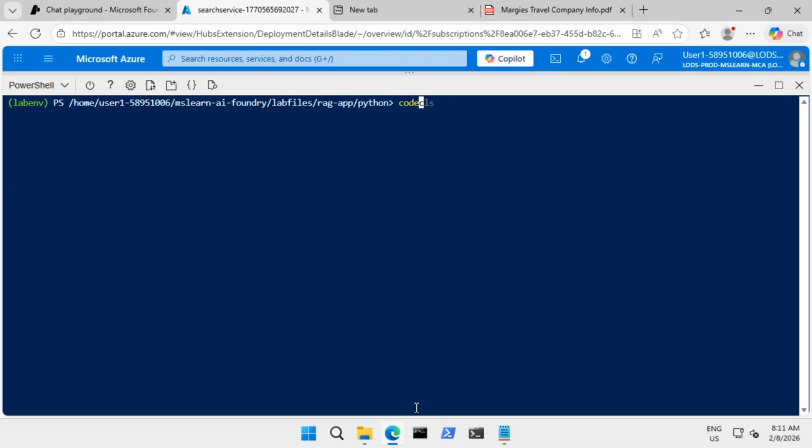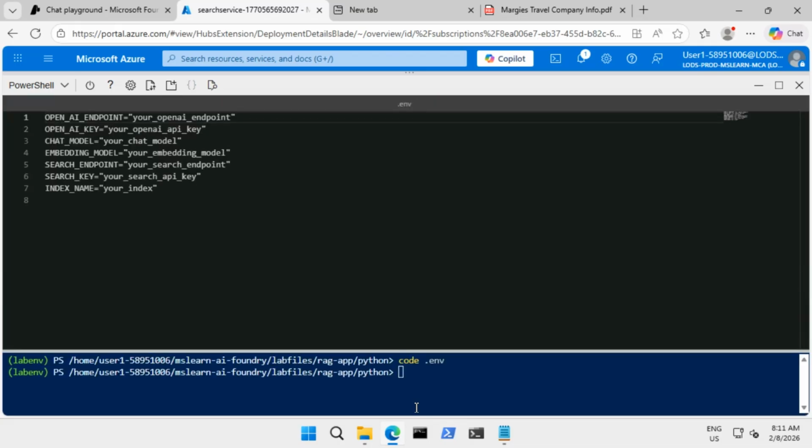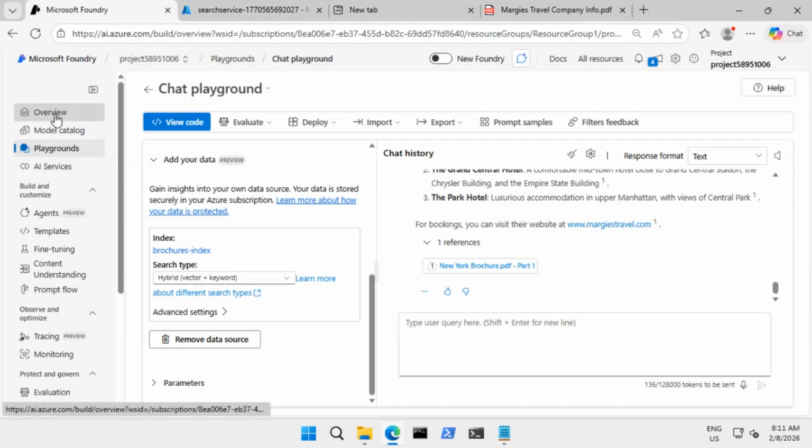Next, I'm going to type in code .env. This is an environment configuration file. As you can see, there are multiple options here: OpenAI endpoint, OpenAI key, chat model, embedding model, search endpoint, search key, and index name. So the OpenAI endpoint is from our project's overview page in the Foundry portal. That is on the overview page